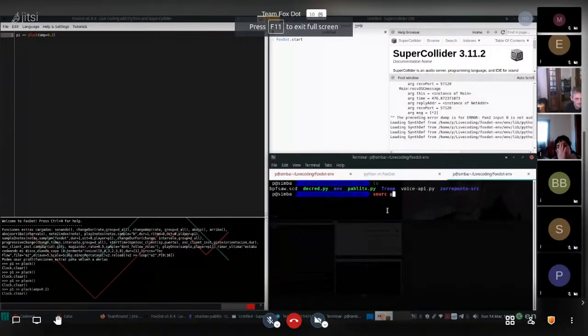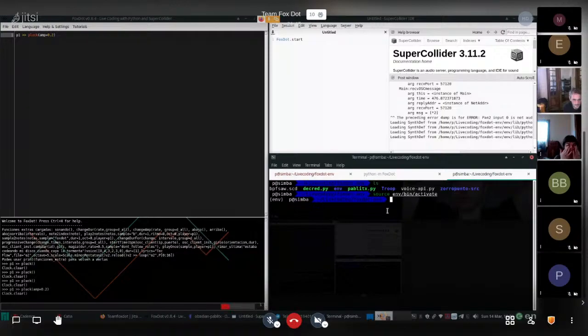So I just activate it like this, and I'm using my desired FoxDot configuration. To use a synth, we must find one we like. I grab this one